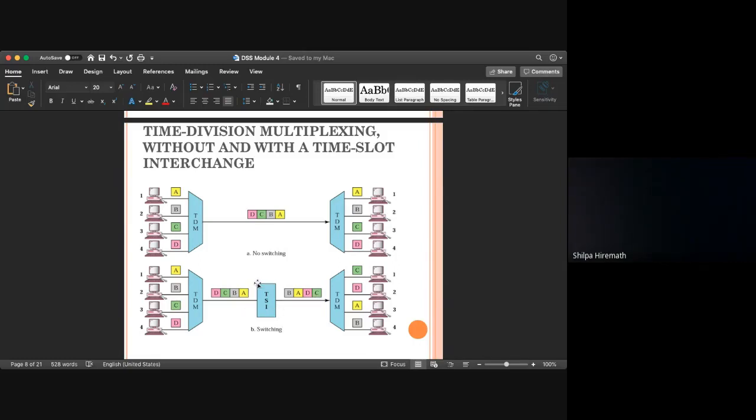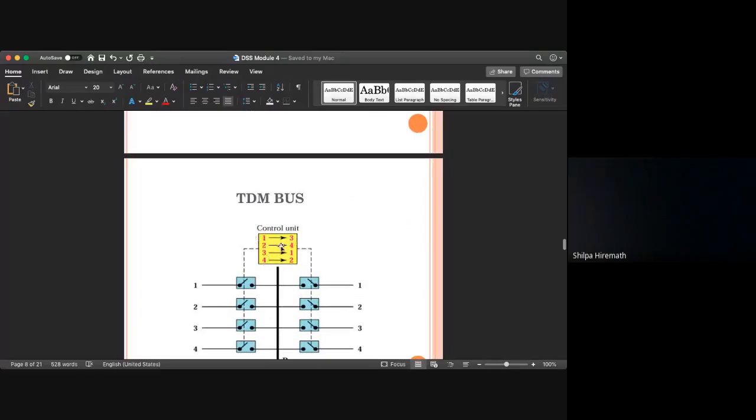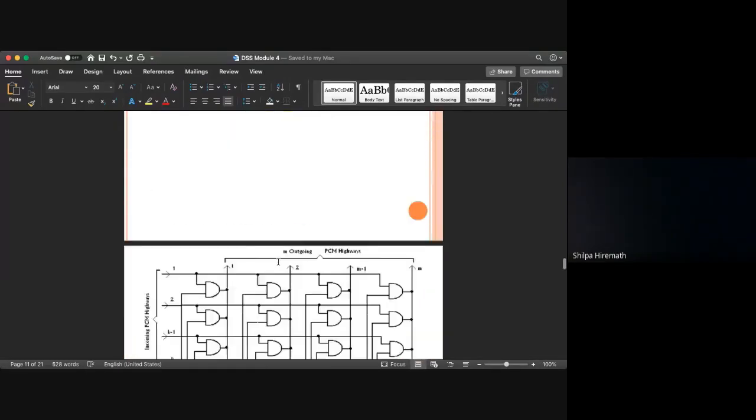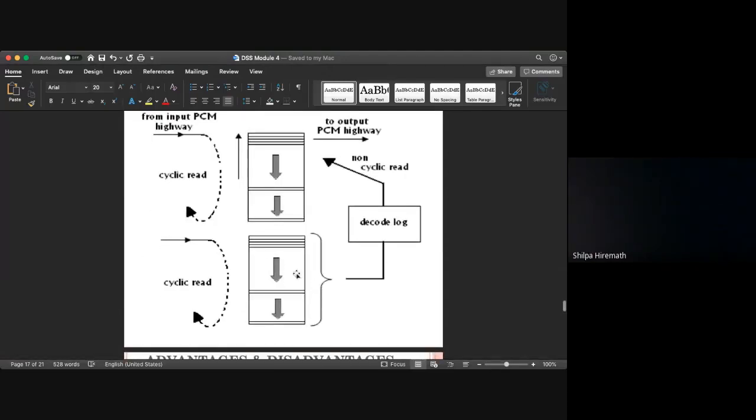This is said by TSI, time slot interchanger. So this data is stored in speech store, and whatever is the control unit data, this is stored in the connection store. So based upon that, again the value is decoded using the decode logic, and then it is sent over the output highway line.